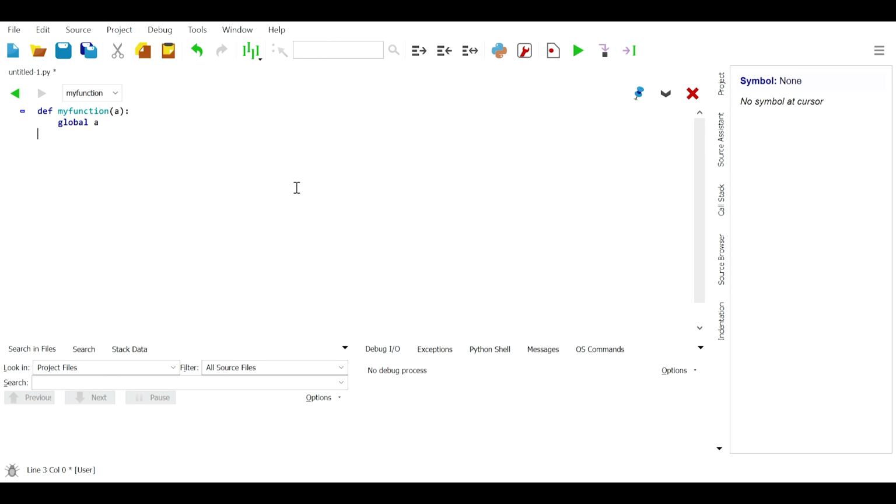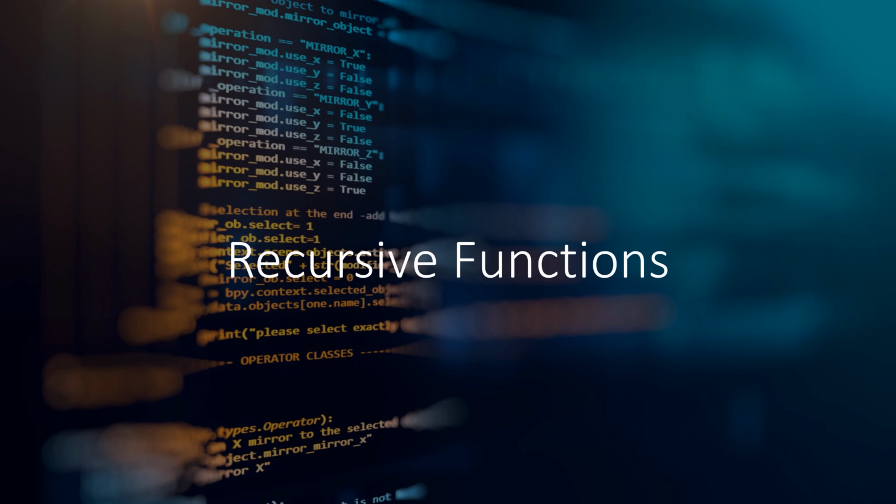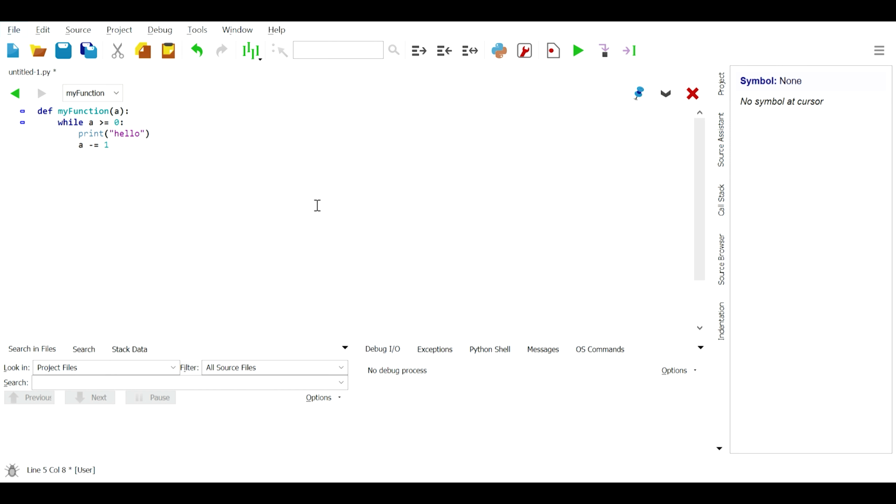Last but not least, let's talk about recursive functions. These are functions that repeat themselves to give the desired output. For example,